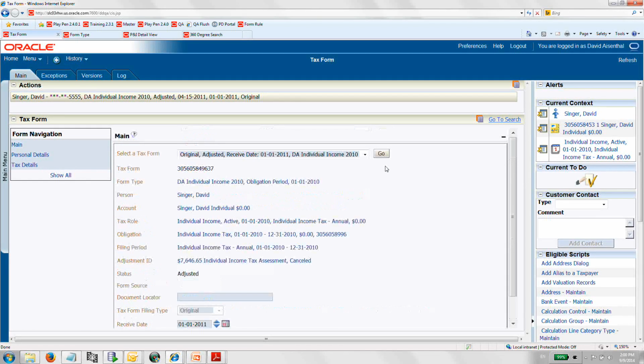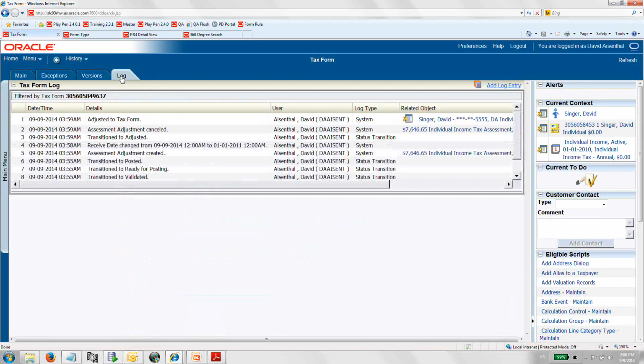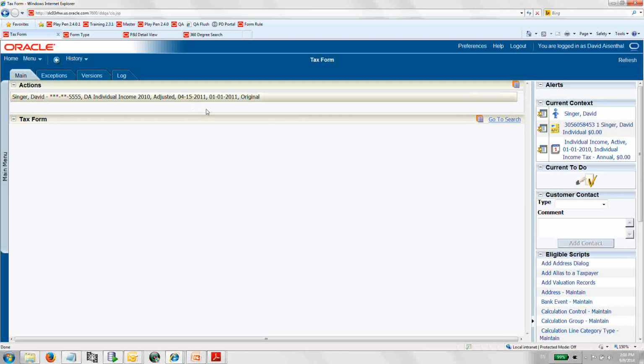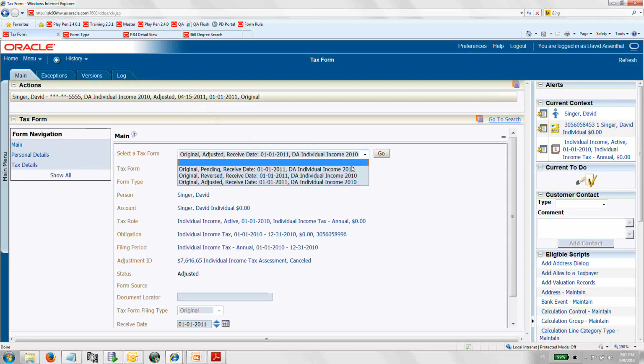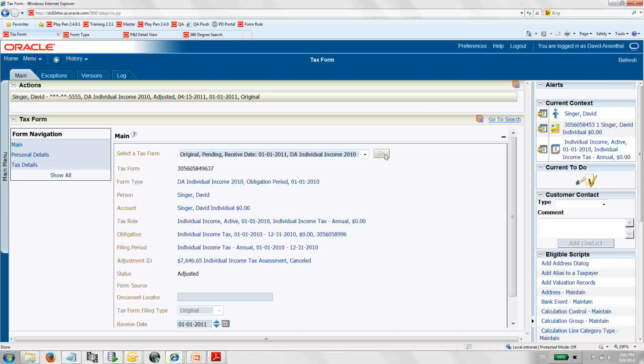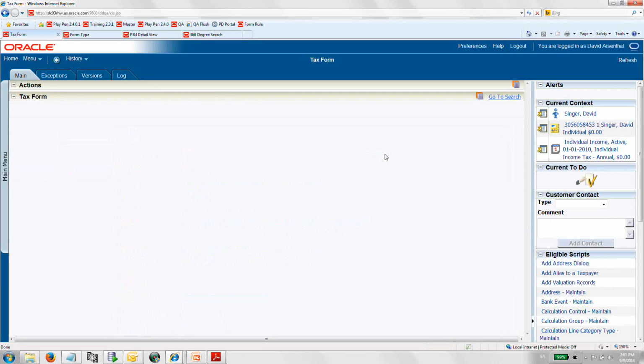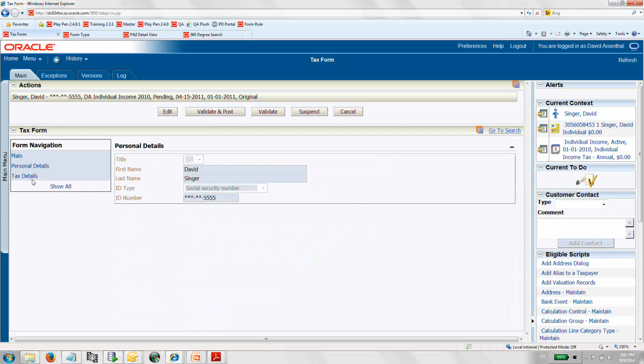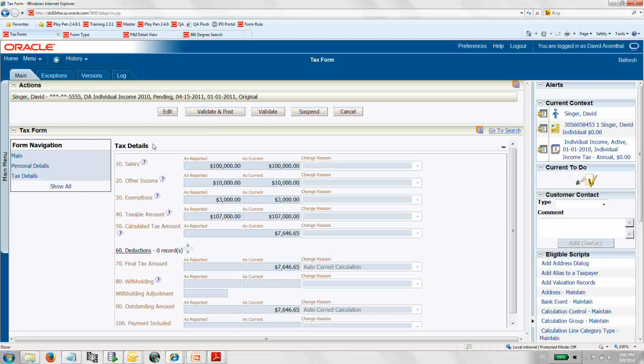adjusted. And now, if you look at the logs, you will see that they show you that we cancelled the assessment. And then what happened was that a new tax form was created, and the tax form which has been created in pending state is this one over here. There's one reverse, but that is an old one which isn't related to this. And when I move this to pending and look at the pending one, you'll see it has all the same information they had previously. So if I actually want to make a change, I could edit this and make a different